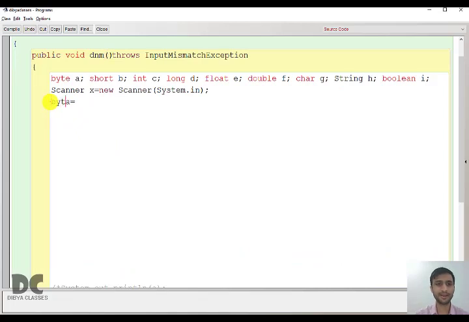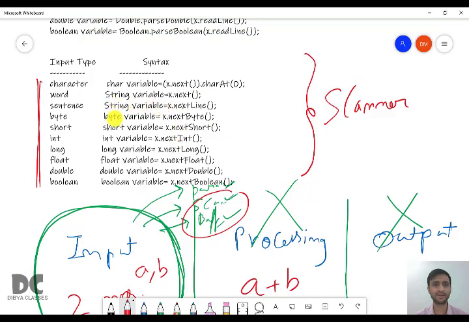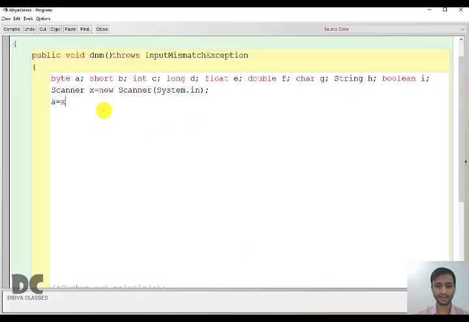Here I will not be writing byte a again because I have already declared a. I will not be repeating byte a again, or else it will give an error because I cannot declare the same variable more than once. So now I will write only a equal to x dot nextByte, and the work is done.